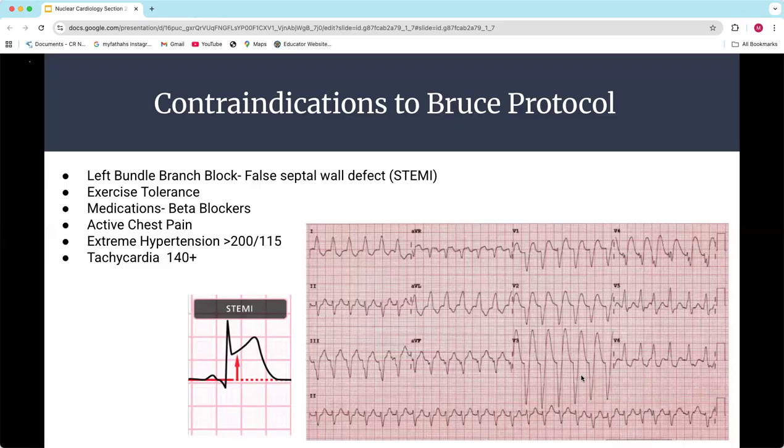The other reason that we don't is we can get what's called a false septal wall defect. Remember, I mentioned that in a block, those bundle branches that come down to contract the left ventricle are a very slowed process. We talked about how the QRS complex is lengthened out, meaning that contraction is happening slower. Everything down there has kind of gone into slow motion. When you think of how the heart beats, the myocardium fills at relaxation. That's when it gets most of its blood flow, when the muscle relaxes. When the muscle contracts, it tends to push some of that blood flow out of the myocardium, or at least not let more in.